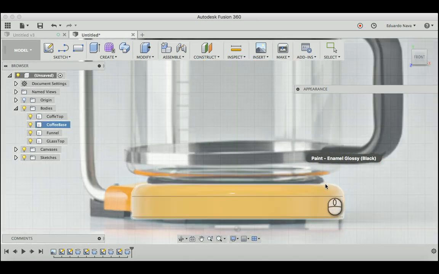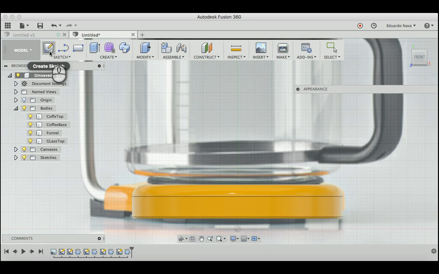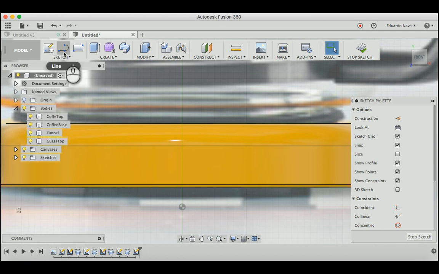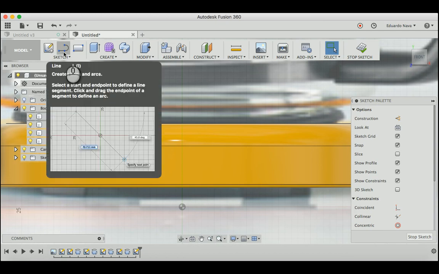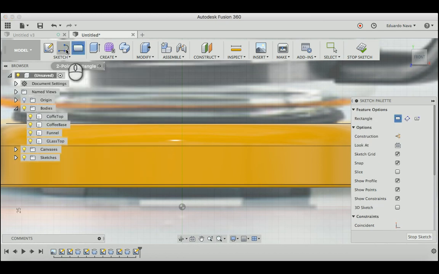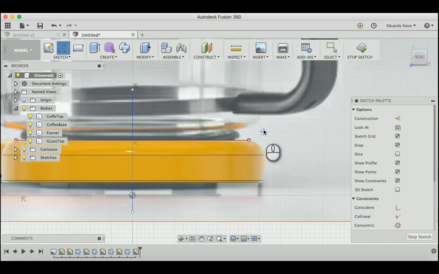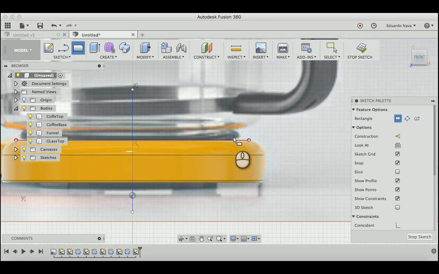So what that is, is pretty much like the donut that we made in the other exercise. Alright, so we're going to start off with a sketch. We're going to click on the plane that we're looking at, and then we're just going to draw a donut. We're just going to draw a line for our axis, because this time it won't connect in the middle. Just draw a line for your axis, hit OK, and you're going to just draw a square